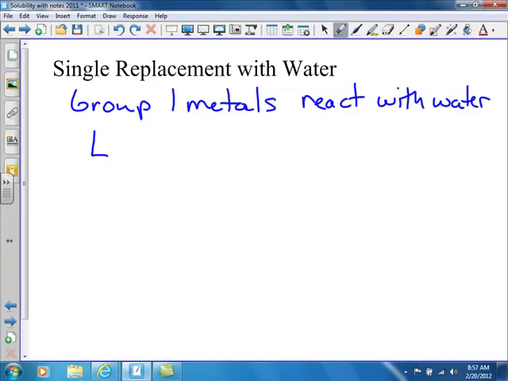So if I have lithium metal, okay, and that reacts with water, one of the things that happens is it's kind of different how these reactions form products. Okay, it's still a single replacement reaction. This lithium still replaces a hydrogen, but it doesn't replace both hydrogens. It only replaces one. Okay, so what's going to happen is this Li is going to form LiOH,